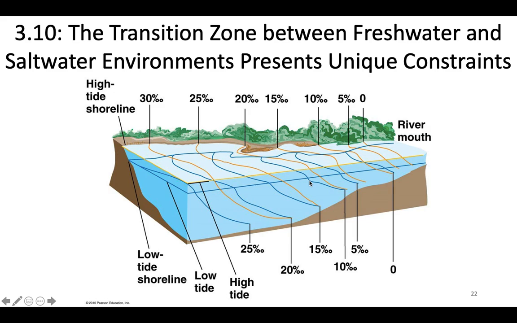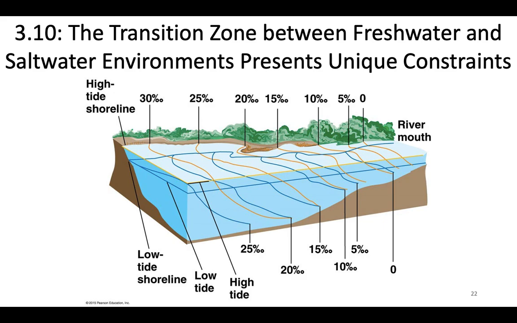So when high tide comes in, you've got incoming seawater that is going to increase the salinity in these estuary environments. At low tide, the salinity is going to be reduced because you've got more fresh water than salt water. But then also when we think about depth, salinity is going to increase with depth because fresh water has fewer solutes in it, so it's less dense than salt water. So you've got more salt down here, more fresh up here, and then depending on the tides of the day, at low tide versus high tide, you're going to have more or less fresh or salt water in these estuary environments. So constantly fluctuating